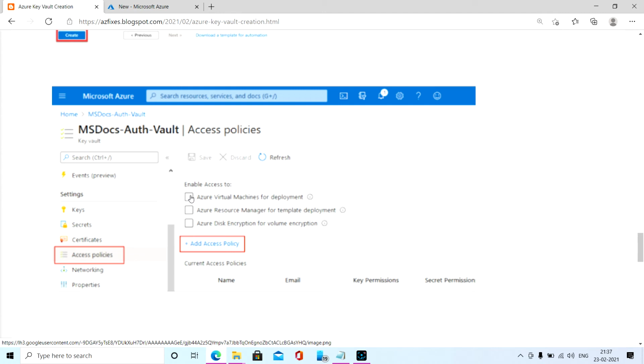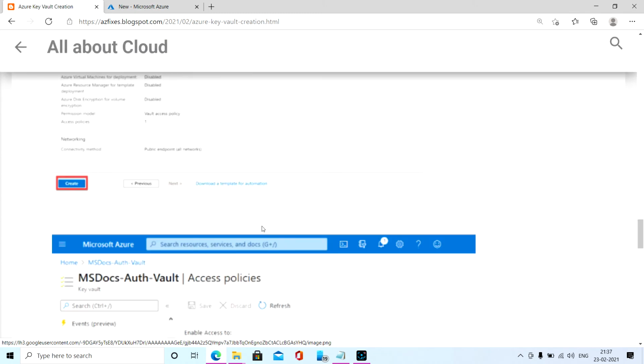You have to select the enable access policy you want. For example, if you want to encrypt any disk, you can select the third one and click on add access policy.